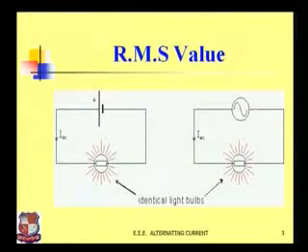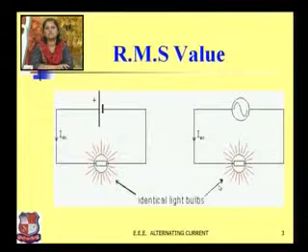Now this same bulb is connected to the AC supply. In the same way, some amount of current passes through the circuit, and due to that some heat is produced. Suppose you have to find the RMS value of an alternating quantity, then you have to compare the brightness of the bulb in such a way that if the two bulbs have the same brightness, then the magnitude of direct current is exactly equal to the RMS value of the alternating current.